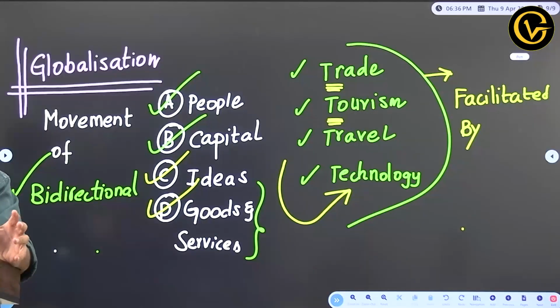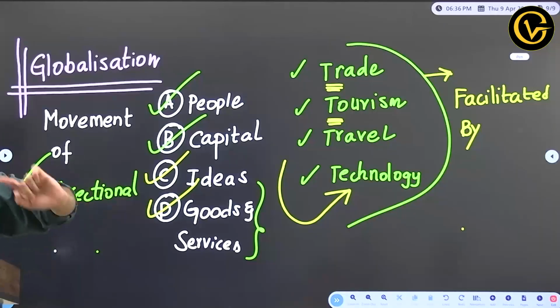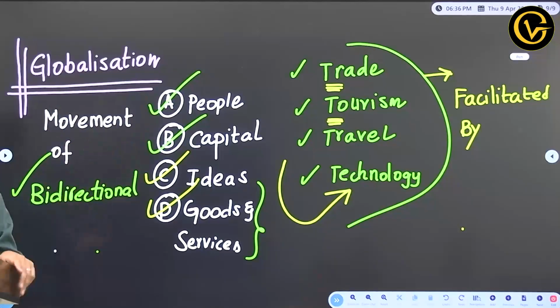A lot of local knowledge of the tribals, what is happening to the knowledge of the tribals? Knowledge of the tribals is stolen, and the knowledge of the tribals is used to make products by other countries. And in our countries also, multinational corporations steal the local knowledge of the tribals, and by stealing it, they are trying to develop goods and services, and tribals are not financially compensated for the same.